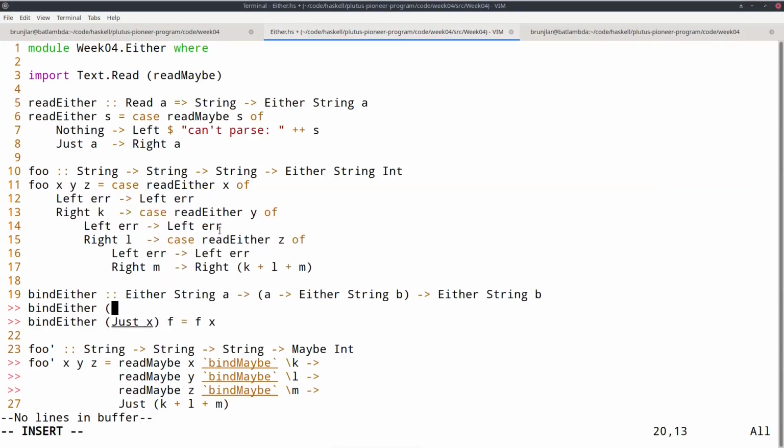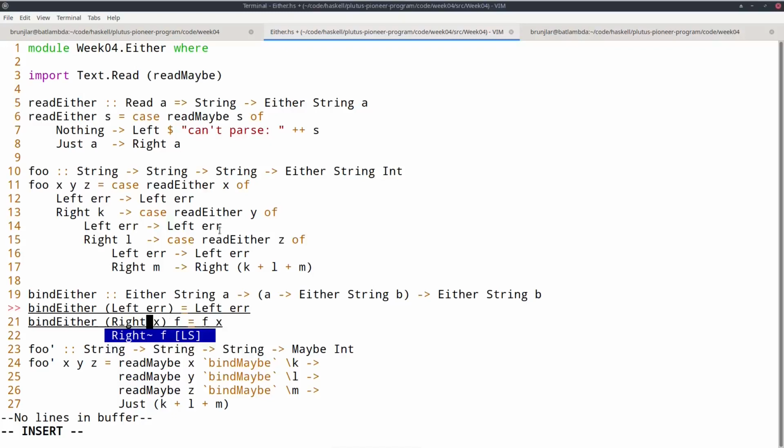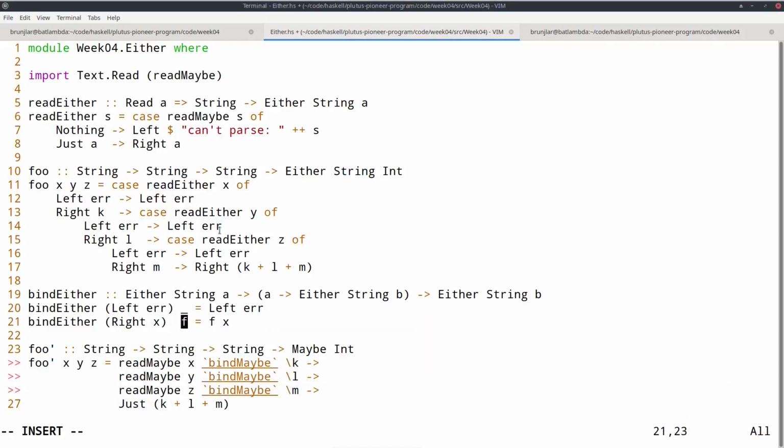So if we get left of an error message, we simply return left of the same error message. And if we got a right x, then we simply continue plugging x into the continuation of our computation.